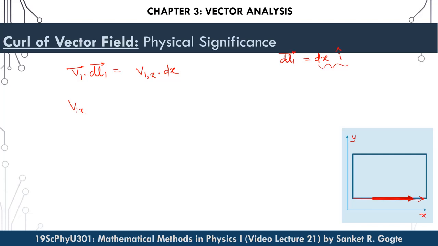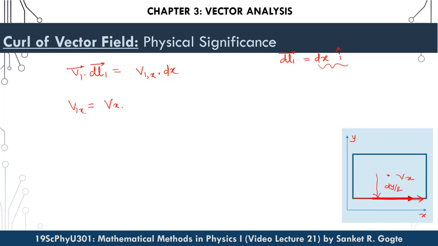Now what we know is at the center x component of the vector is vx, and we are calculating the x component along this direction at this point. So we have to move along negative y-axis by a distance of dy by 2 to reach that point,